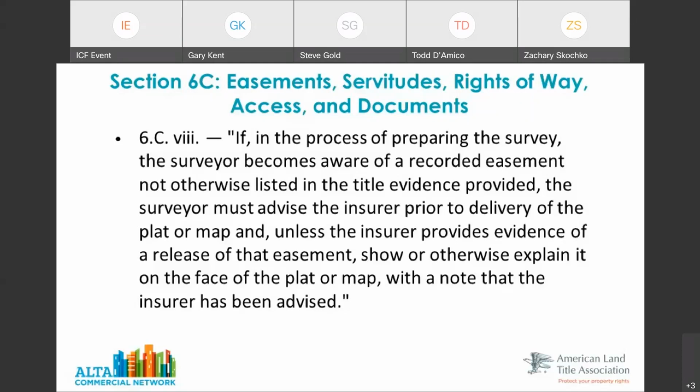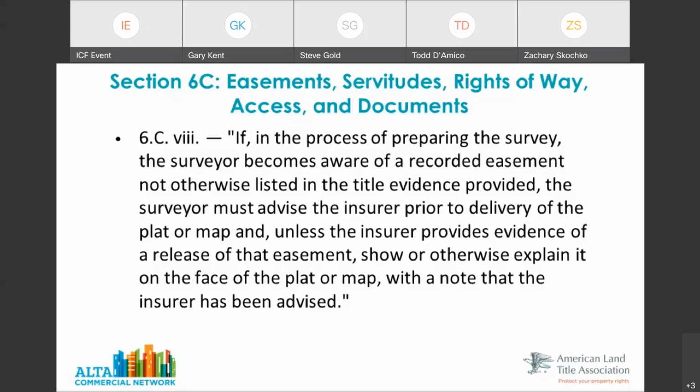You know, maybe it's really old. Nothing has ever been there, and the lender has convinced the title company that the risk is very low, and so they're insuring over it. But of course, just because the title company insures over it did not extinguish the easement, and it puts the surveyor in a position of knowing that there is a recorded easement and yet not showing it on the survey. And that really is not an acceptable scenario for a surveyor. And so that's why this was crafted.